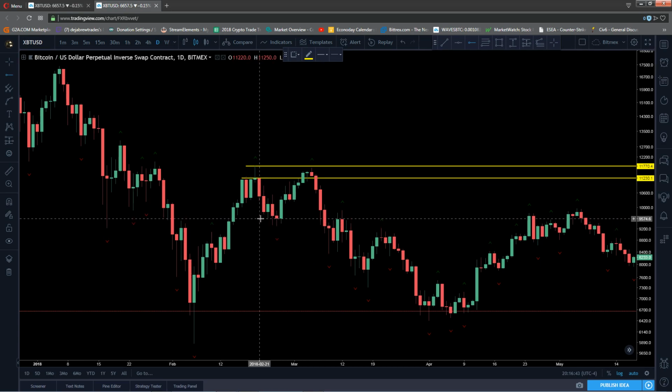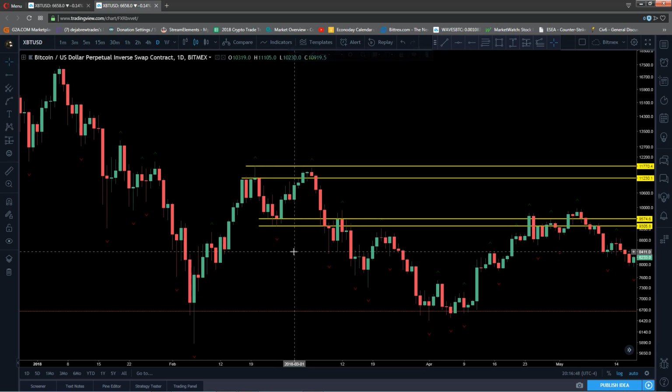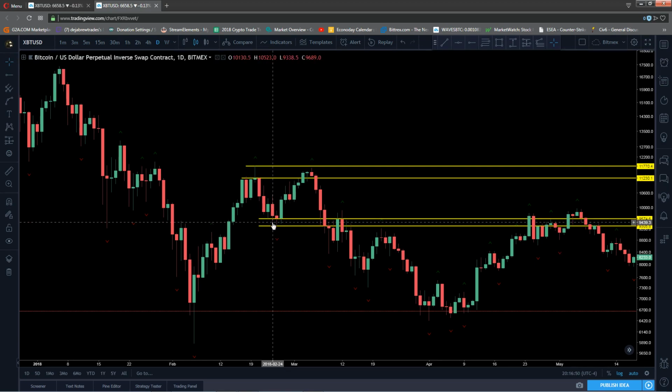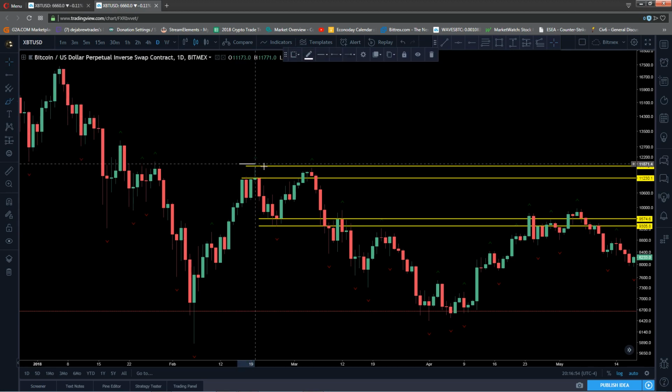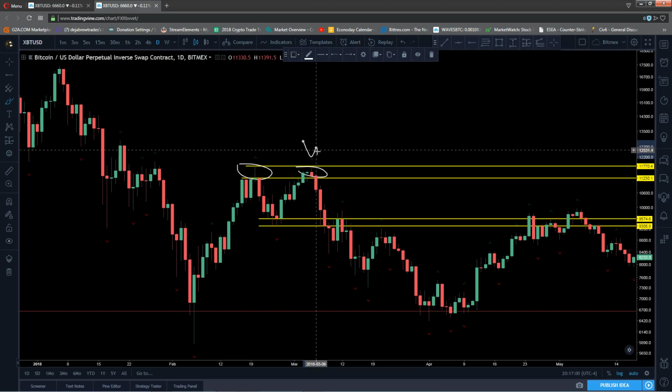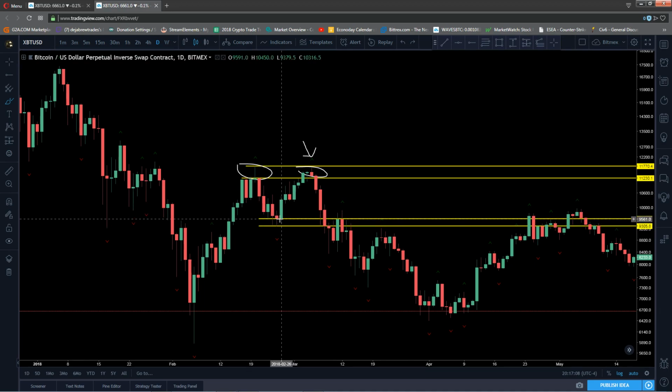Where we look to see if price is either weakening or completely failing, we look for the previous fractal. So here we have our double top formed by these two swing highs. When this double top is formed by this swing high here, we look to our previous fractal, which is this swing low. If this swing low is in turn broken from that double top, which it typically will be,